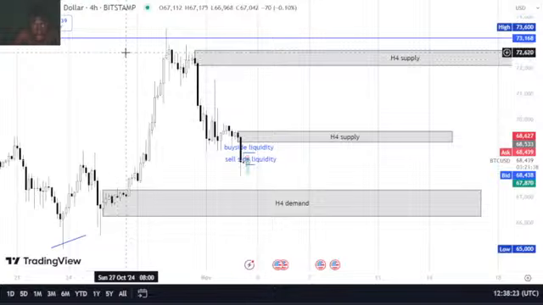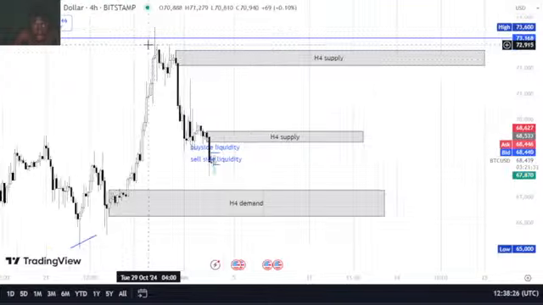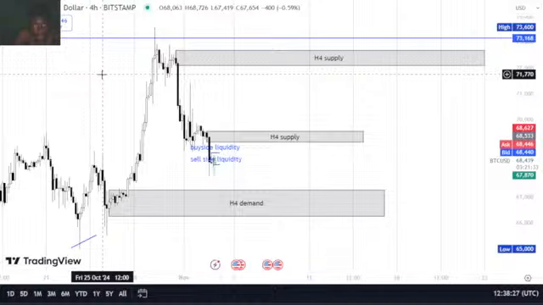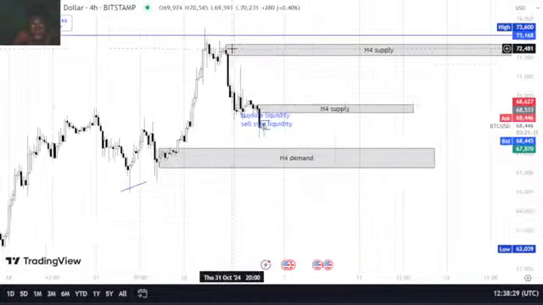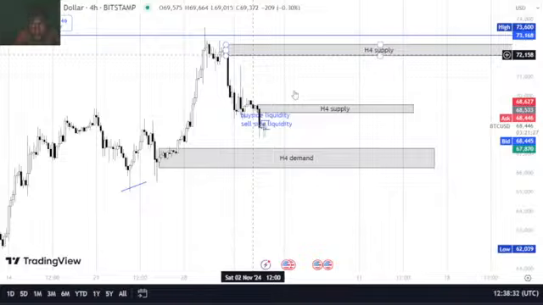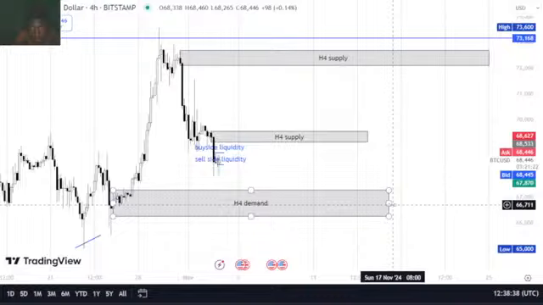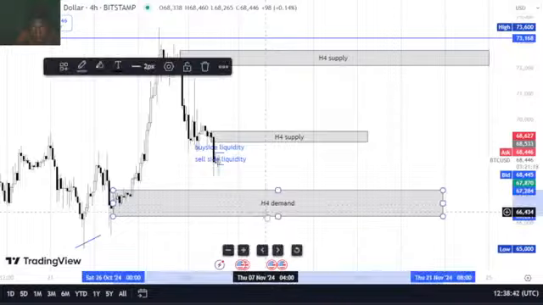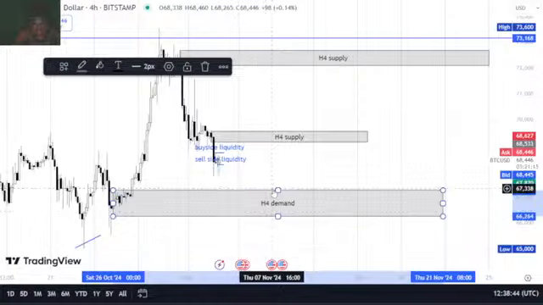See, when price tapped into this resistance, it grabbed liquidity, came down, then it formed the supply zone here, and this is the extreme supply zone and a discount supply zone. So this is our H4 demand zone. So we are waiting for price to tap here, then we take also a trade to make another profit.